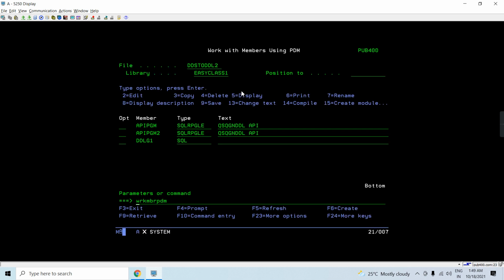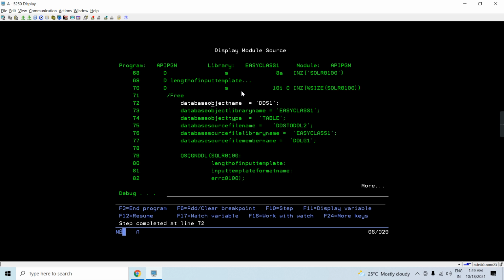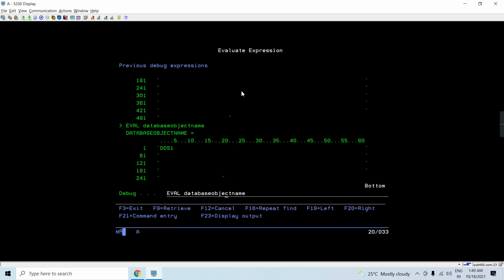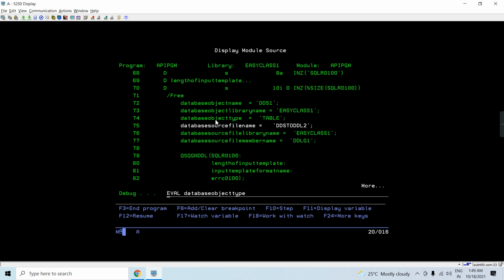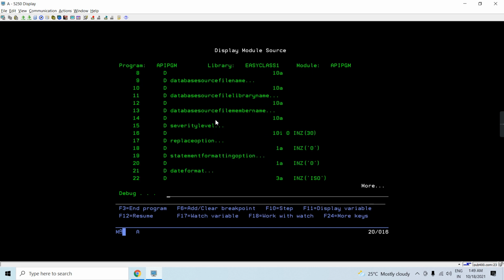Now let's say the name is DDSLF3, and it's going to be a view, and just take the replace option, let's change it to 1.